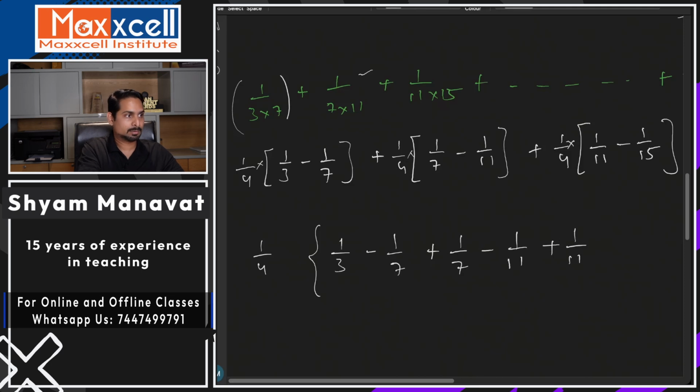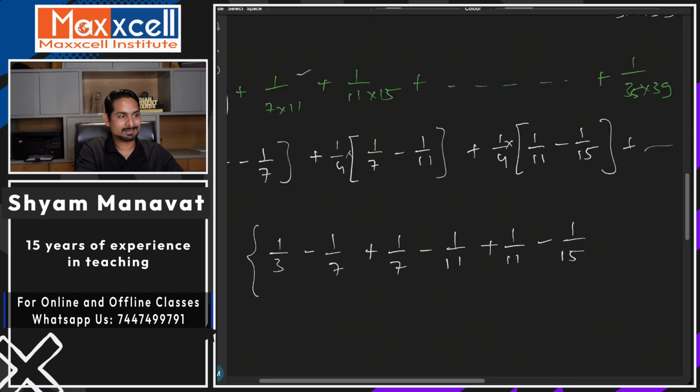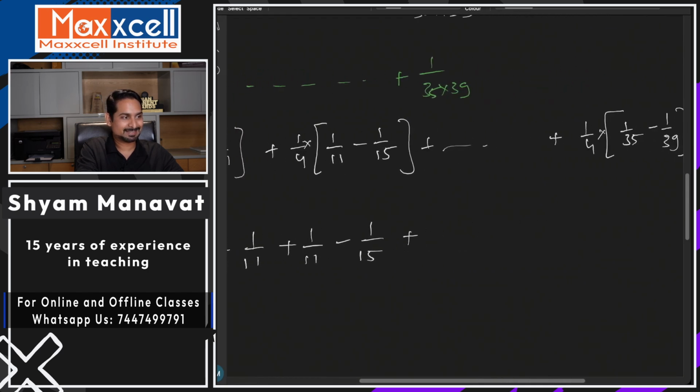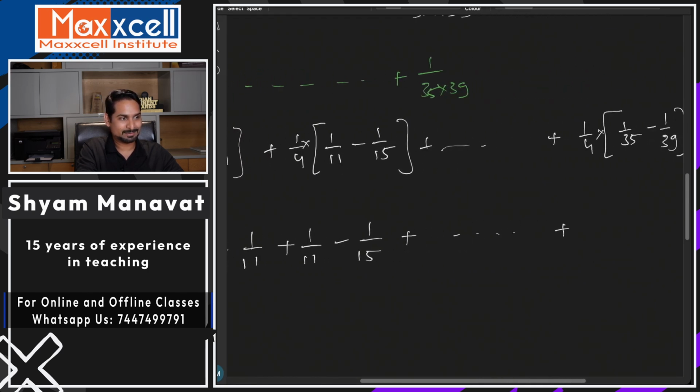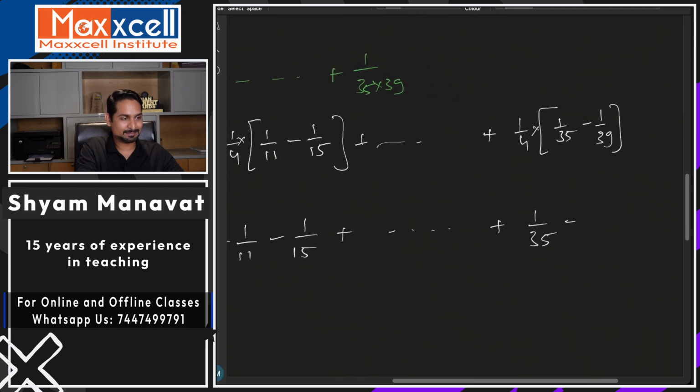Sorry, my bad. Yeah, I am also human, yaar, I am also insaan. I hope you understand. Galti ho jaati hai mujhse bhi kabhi kabhi. I say something and I write something, happens. Now see